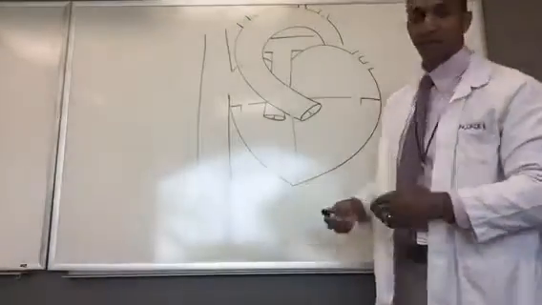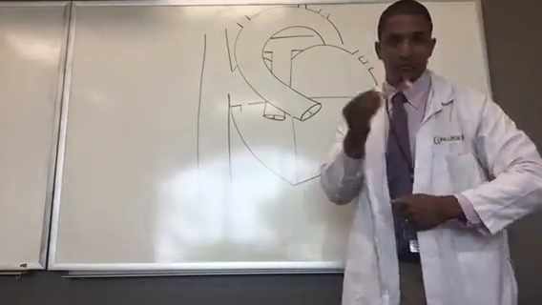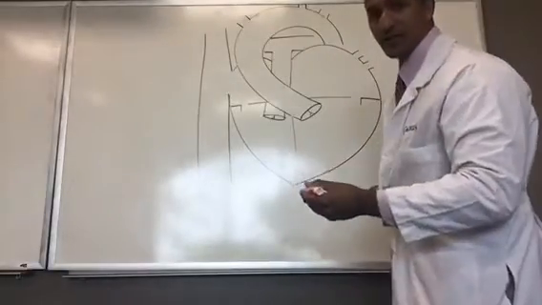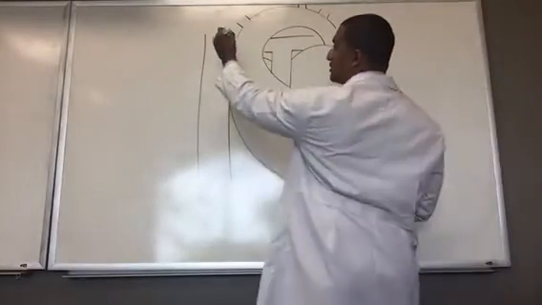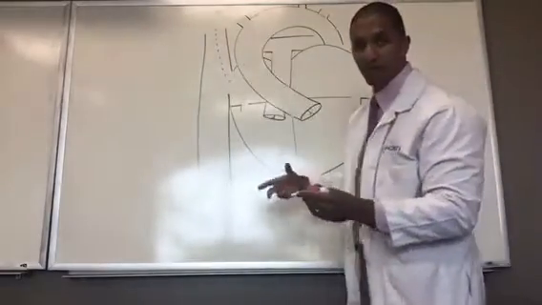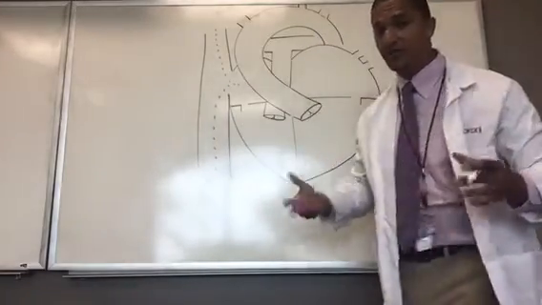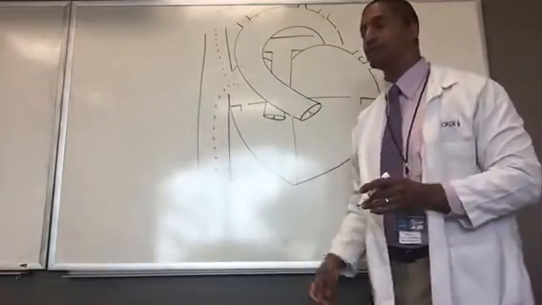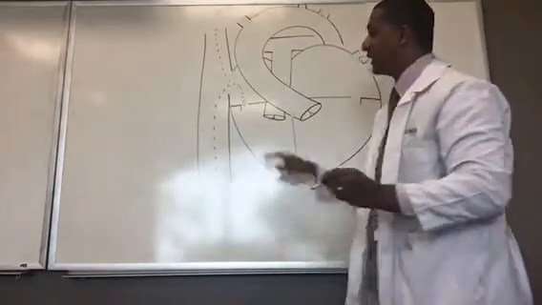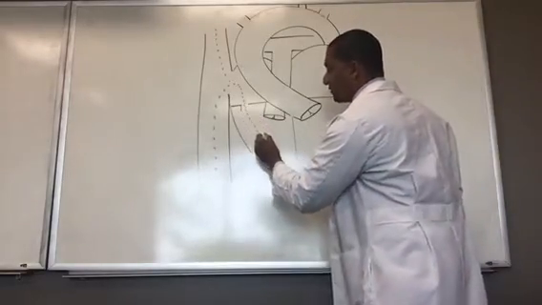Okay, so now let's talk about the trace of a drop of blood, right? Where does it pass through? I'm going to do red so you can see it, and so you can see the color contrast or difference. And right, so blood comes from the superior vena cava and inferior vena cava, and it first enters the heart in the right atrium. And so in the right atrium, it passes through the tricuspid valve, and from the tricuspid valve, it enters the